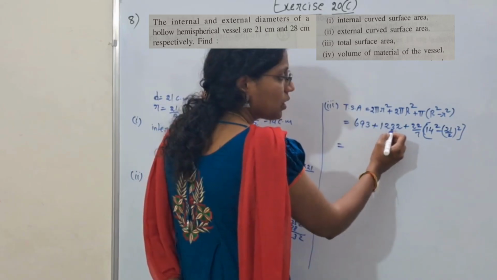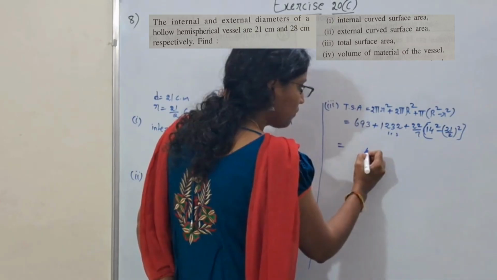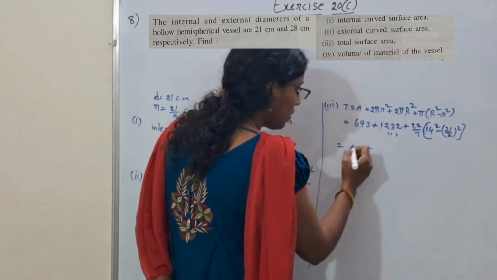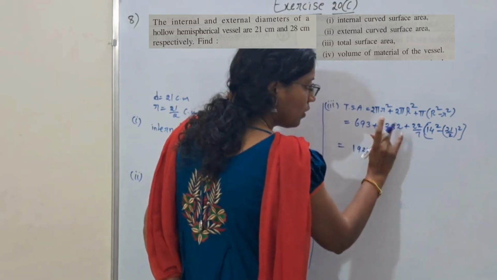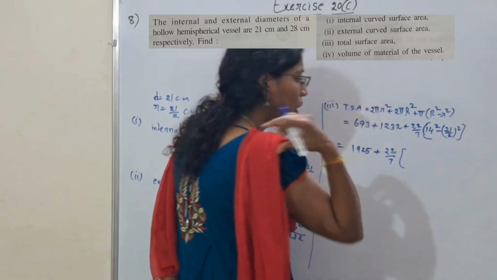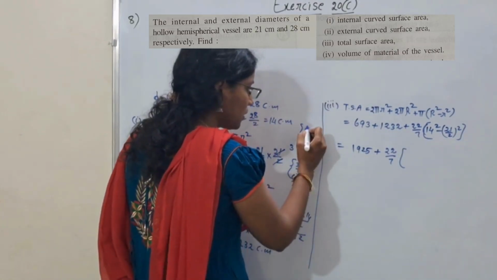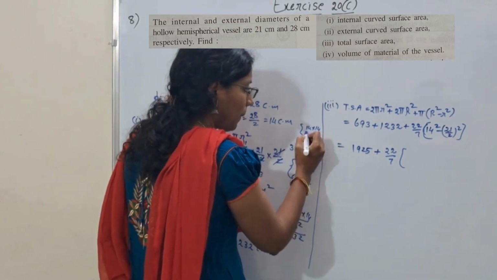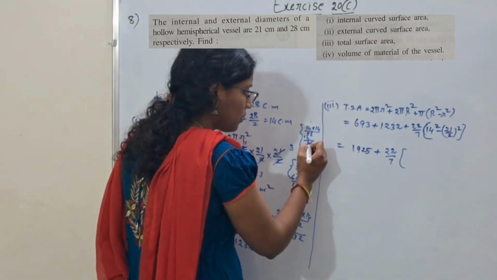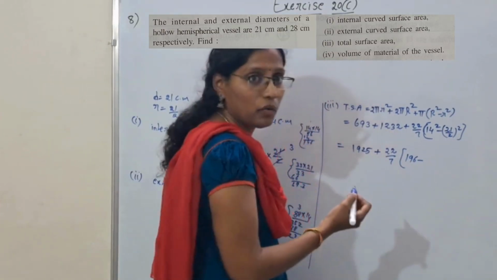Here 693 plus 1232 we have to add, 1925. Plus 22 by 7 into 14 squared, 196. 196 minus